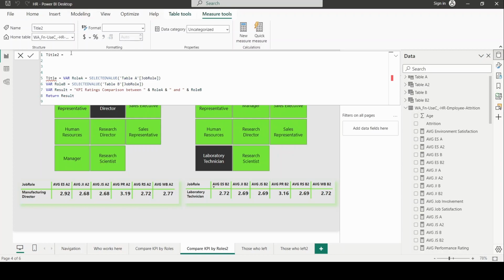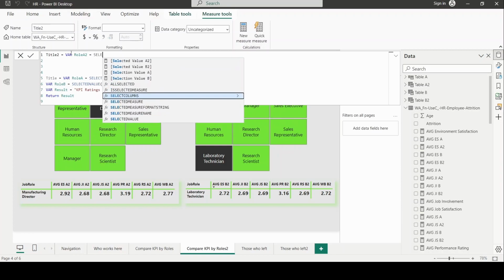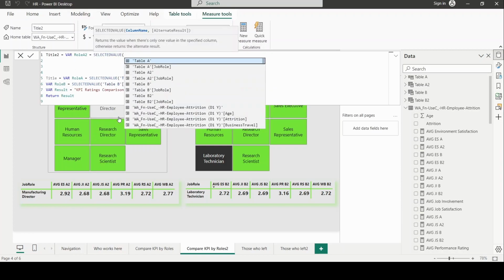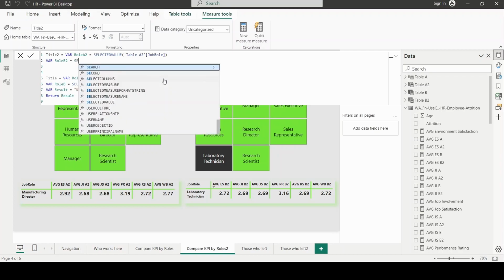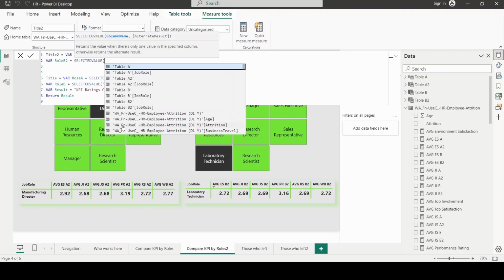And so what we need to create here is variable role A2, which is a selected value from table A2 actually, close parenthesis, and then variable role B2, which is equals to selected value from table B2,